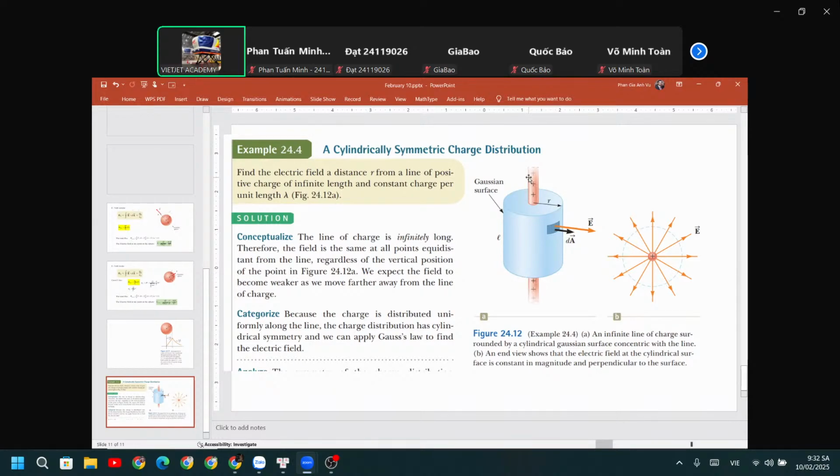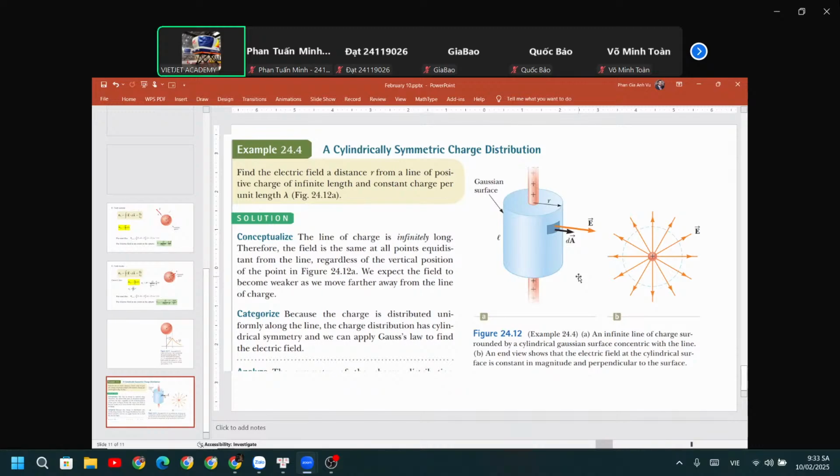And we have lambda for that, per unit length, lambda, right? So if we look down from one end of the line, you can see that we have the point at the center, and the electric field is